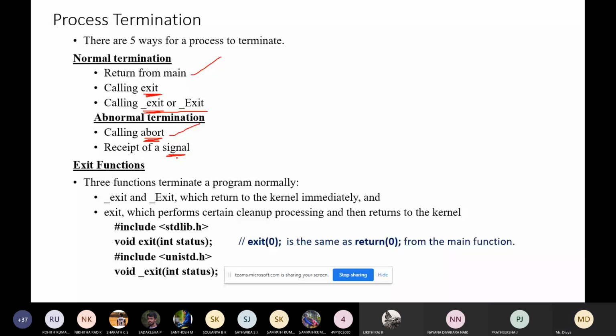So this is about the exit functions, and this is the syntax. We have exit, underscore exit and underscore capital E exit, which returns to the kernel immediately. Immediately after terminating the process, it will return control to the kernel.